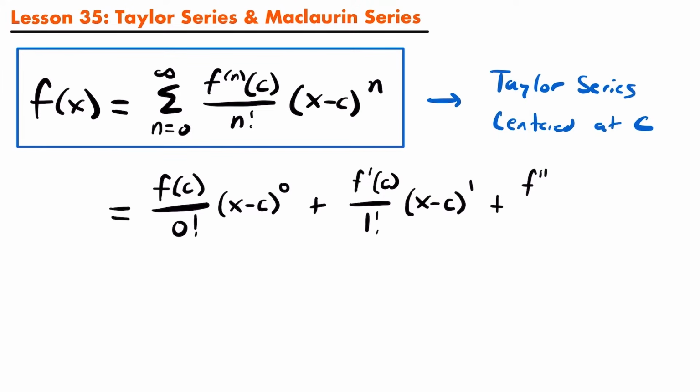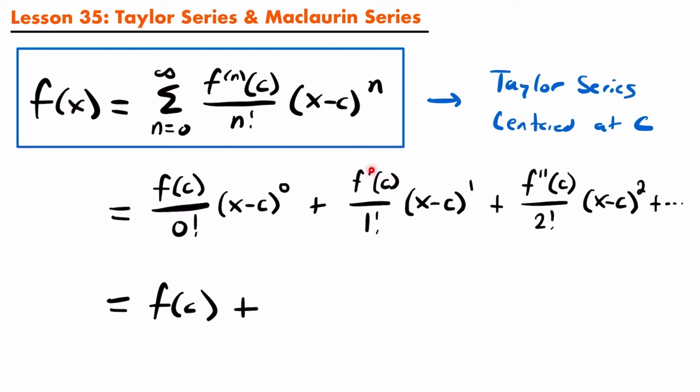We have the second derivative, and that's evaluated at c divided by 2 factorial times x minus c to the power of 2, and we could add more terms from there. All right, and so if we simplify, 0 factorial is just 1, and x minus c to the power of 0 is 1, so this would be equal to f of c, and then we'd add that to f prime of c divided by 1 factorial, but 1 factorial is just 1, so we have f prime of c times x minus c to the first power, but we don't need to write that first power,